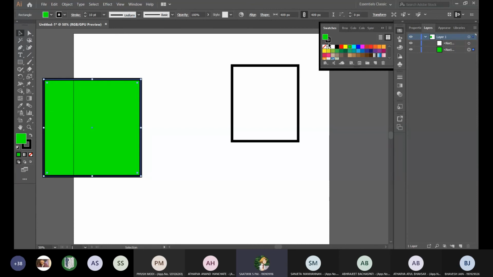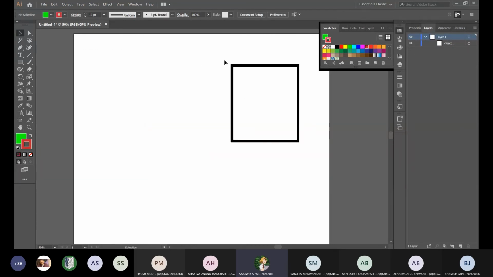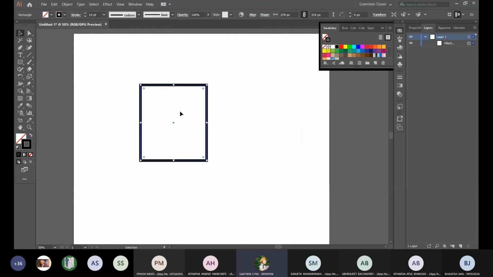You can also change the color of your stroke. At the moment it is black, but if I want it to be blue, say, I select this over here and I do blue, green, pink, whatever. That is your strokes. What else can be in strokes? I'll zoom in a bit.